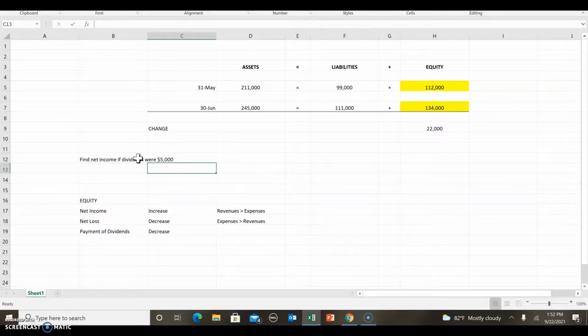Okay, so I know that I started with 112,000, right? Let's move this over. 112,000. I am adding or subtracting rather the $5,000 in dividends,